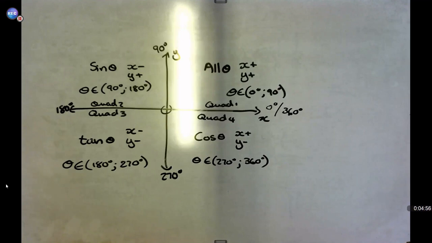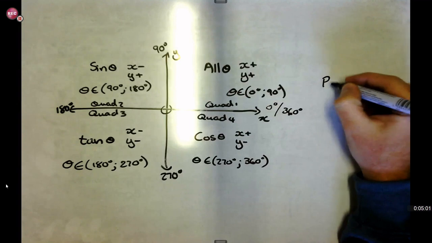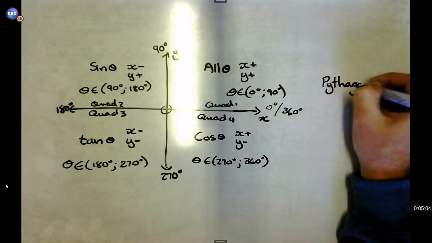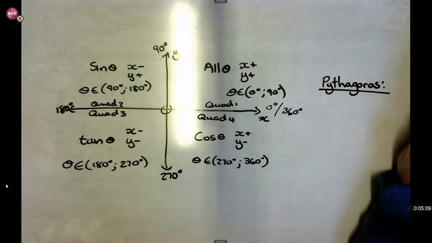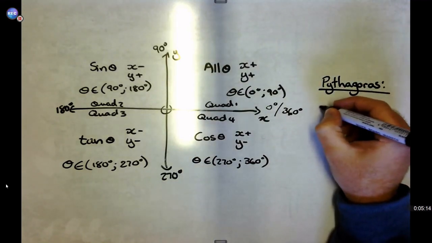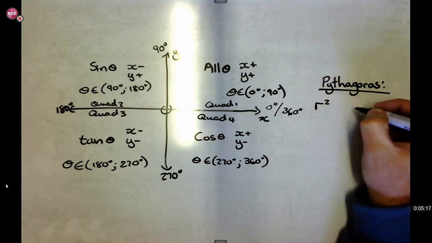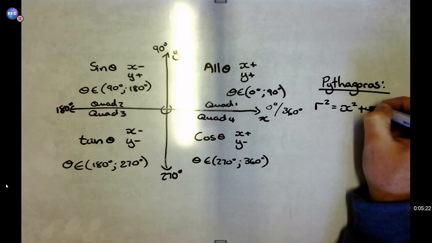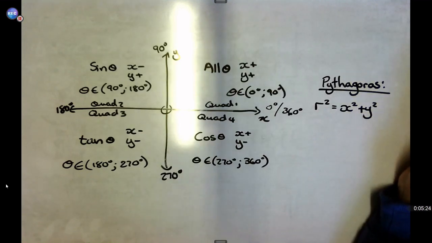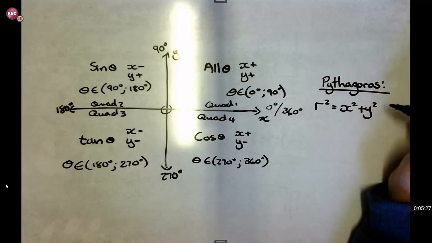Okay. Then another thing that you need to remember is that Pythagoras, that we've been nailing you on in grade 8 and 9, plays a huge role with regards to the calculations that we would be doing today. And you would also need to know that with Pythagoras, your standard formula is r squared, which is your hypotenuse, is equal to x squared plus y squared in this case. Okay? You need to know this formula because you're going to utilize it, as the questions that we're going to ask would